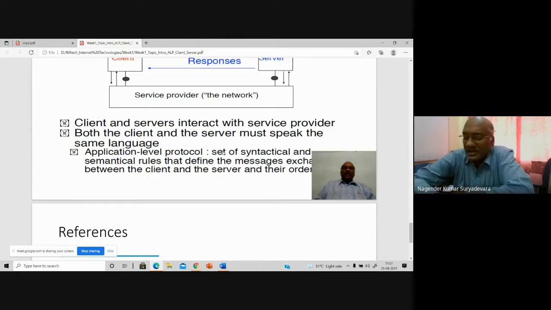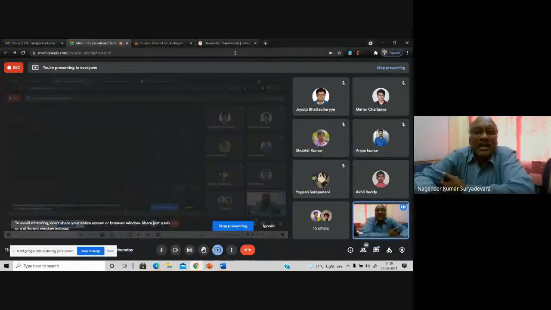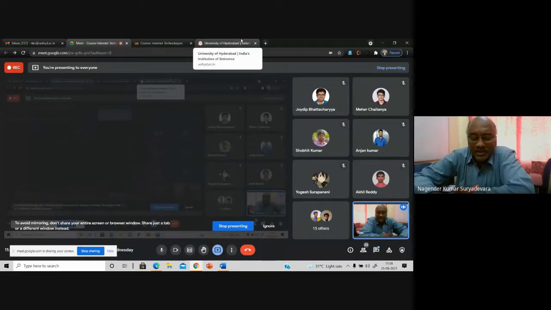So what do you mean by syntax? Please tell me. Grammar. Yes, please. The grammar, very good. The grammar or the rules. See, whenever you write some English sentences, you have to write it with proper grammar, yes or no? Every language, because English is a language, of course, is meant for our communication, either for writing, reading or speaking.